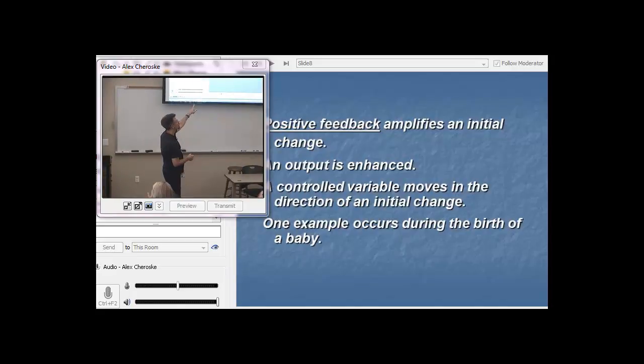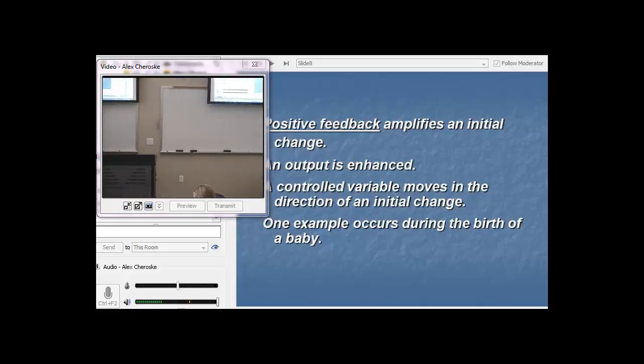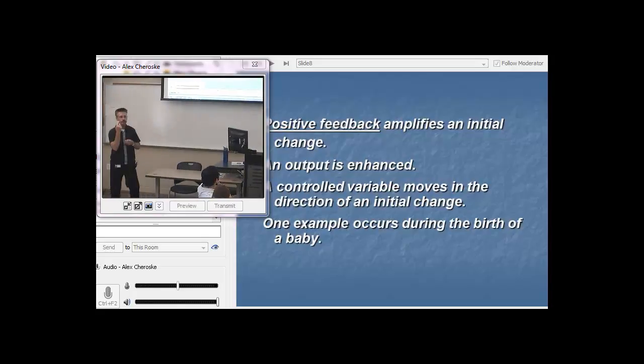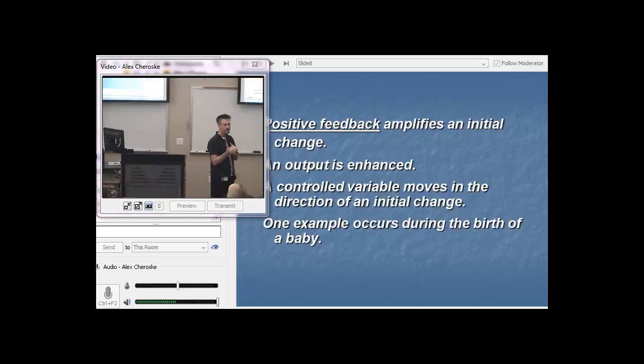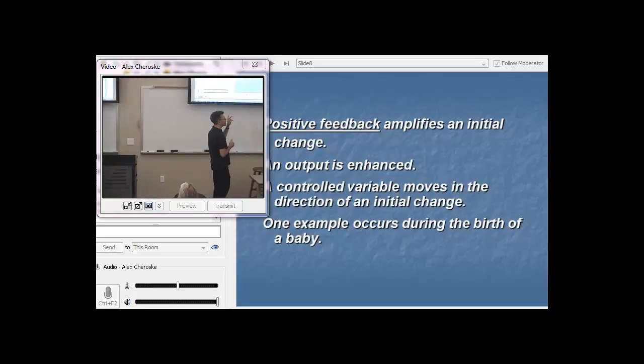The other example for positive feedback in the body is childbirth. If you think about it, it's where we're actually switching from one set point to another. We're going from maintaining two individuals to maintaining just one individual. So that whole labor process is a positive feedback, but we're switching from maintaining two back to maintaining one. Again, we'll talk about it when we get to the reproductive system at the end